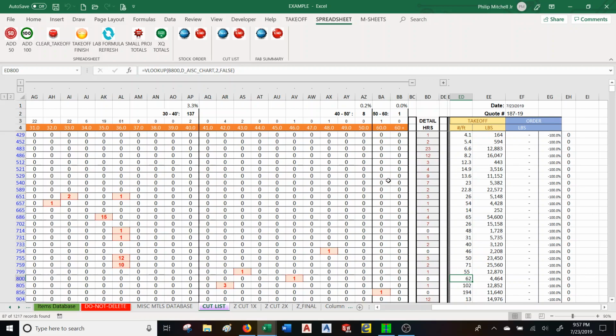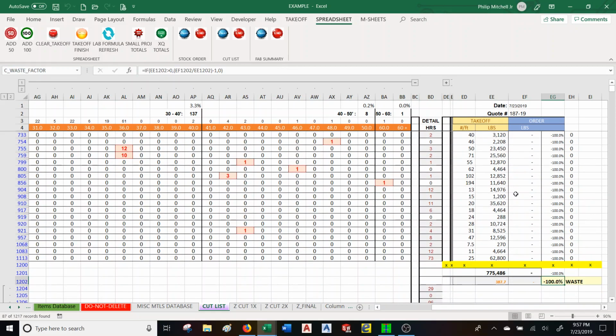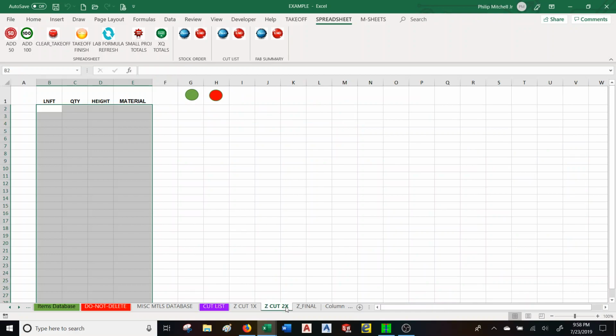So we have to figure out what our waste factor is going to be, right? So here's a neat takeoff, and then to get a more accurate way to figure out how much waste this job is going to have, I have